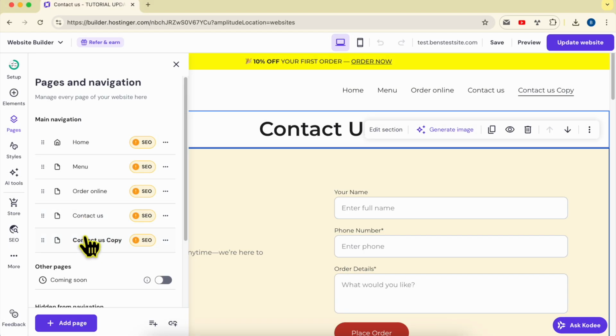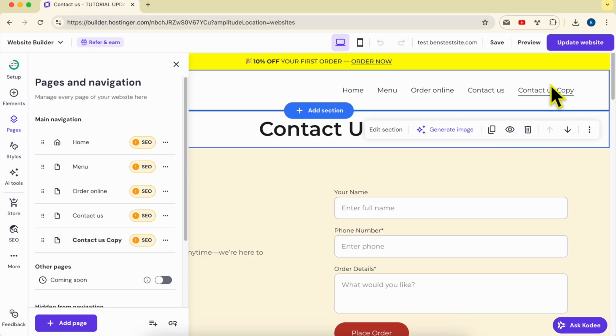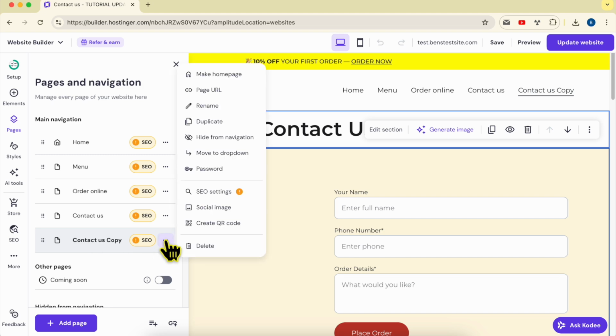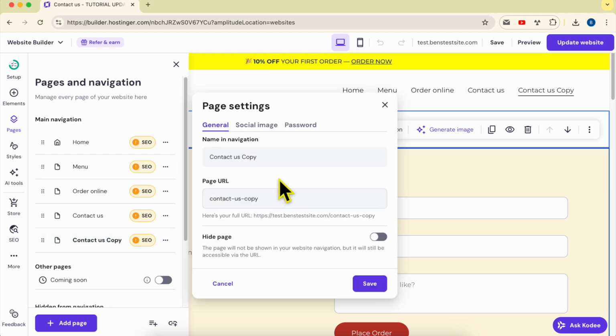Just like that, you will have a duplicated page added here in the bottom of this list and also in this navigation menu. To rename this new page, you can click on these three dots, click on rename and give it, for example, let's call it contact us 2,